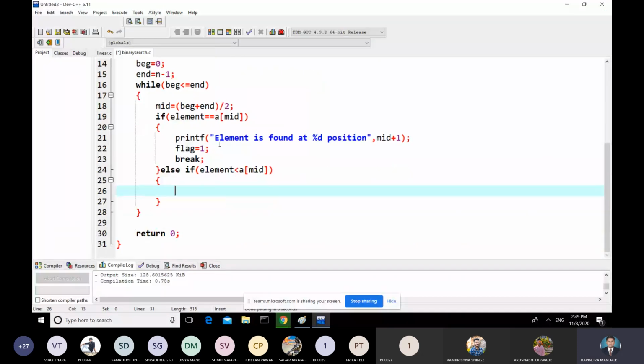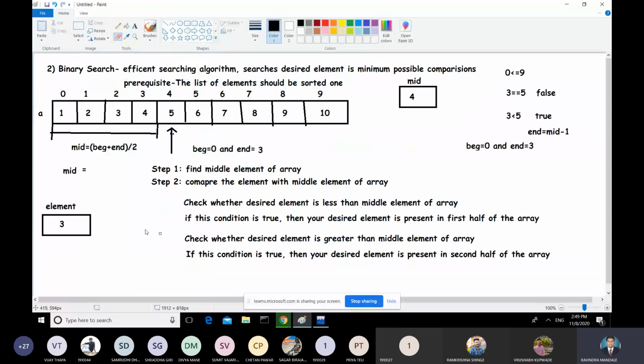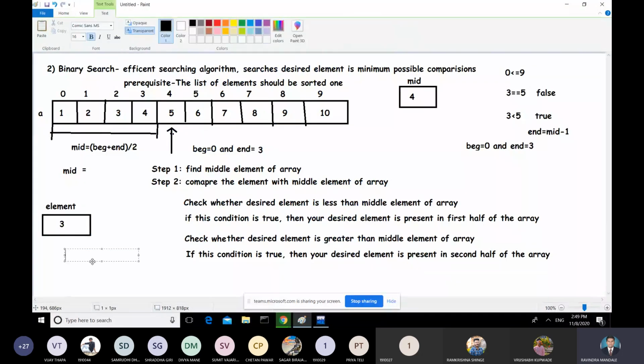If this condition is true, we are changing end, only end. So this else if is done, and again this condition will be checked: beginning less than or equal to end. What is beginning right now? 0 is less than or equal to end, which is 3. Condition is true.